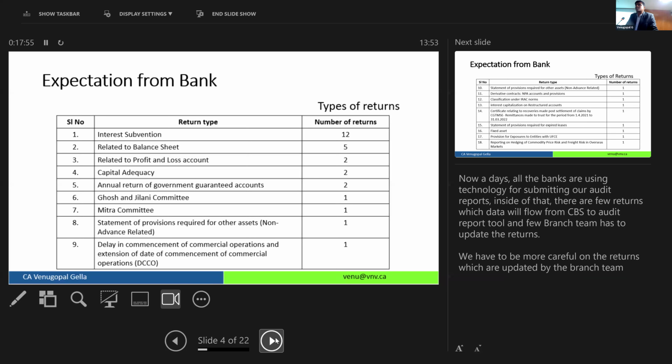How much is OD loan? How much is term loan? How much is personal loan? Total is XYZ. Capital adequacy statement, some statement which I don't understand, but is this total, that total matching? Okay, it's matching, then okay, fine. Please go ahead and sign this statement.